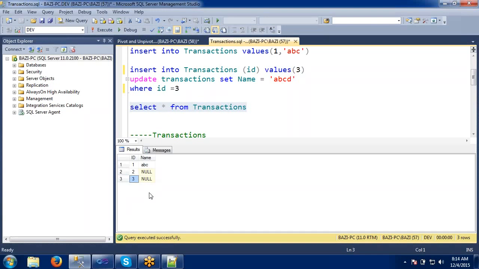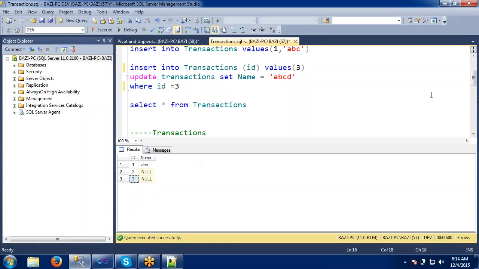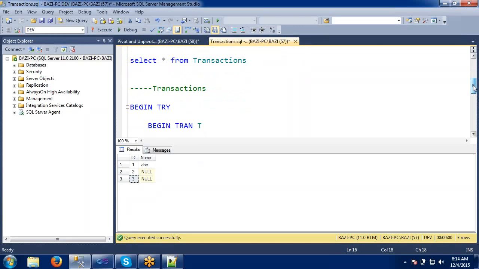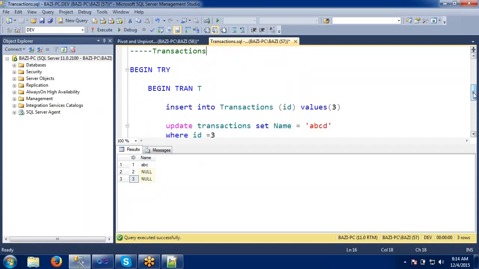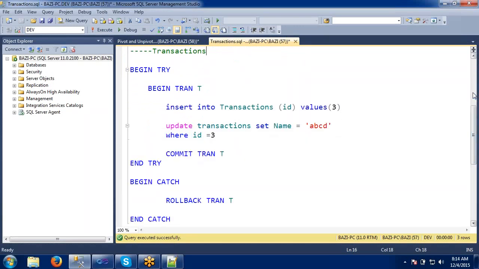For that case, how we can handle this is, here I am doing one small program, transactions. Just begin try, end try.